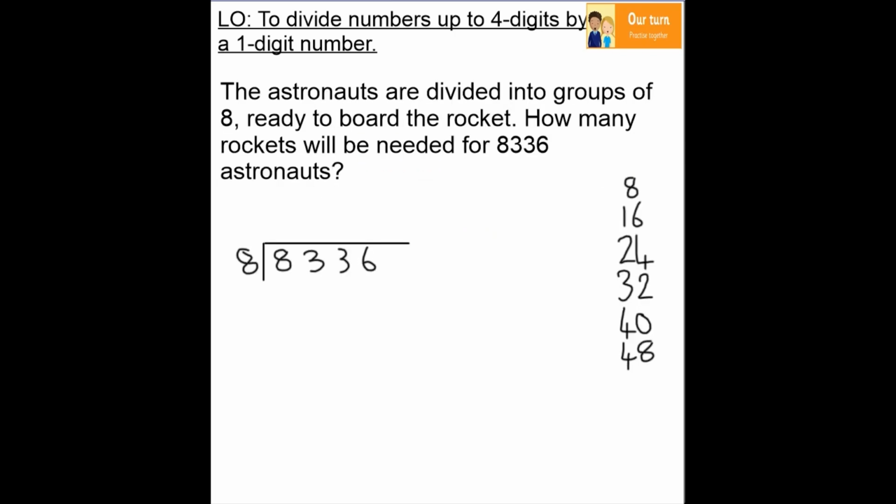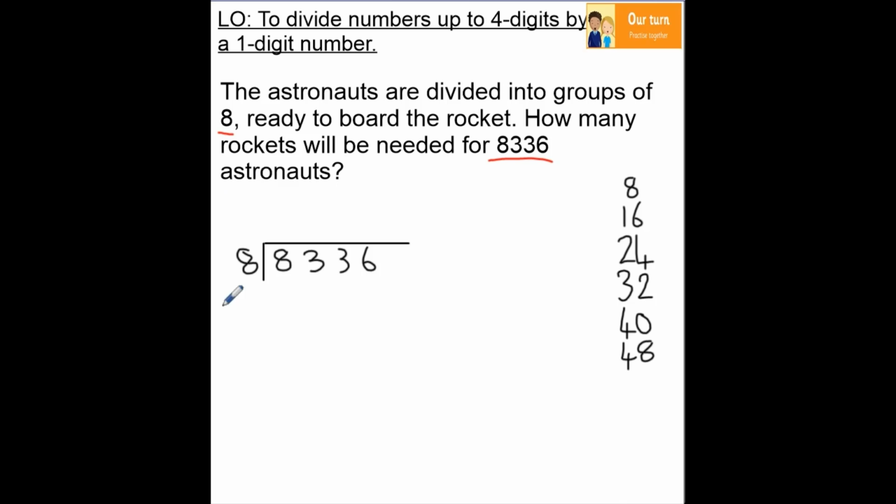I have one more question for you to have a go at. The astronauts are divided into groups of 8. Remember, underline that key information. Ready to board the rockets. How many rockets will be needed for 8,336 astronauts? So I've written your multiples of 8 down here, which is what I would like you to do